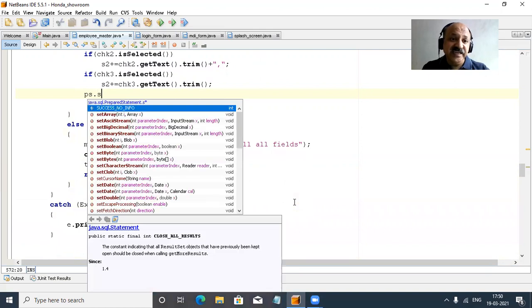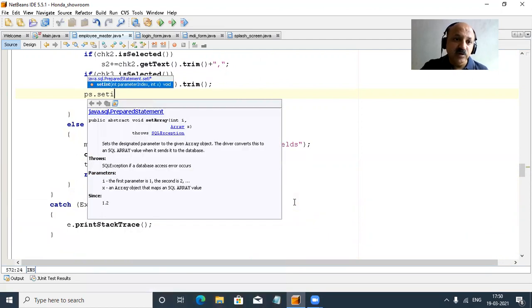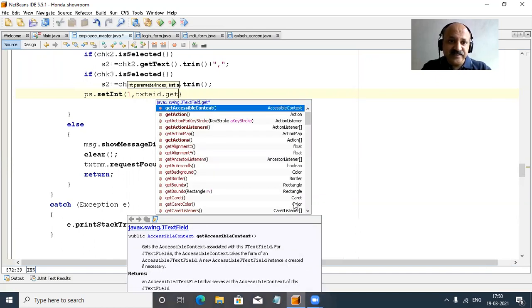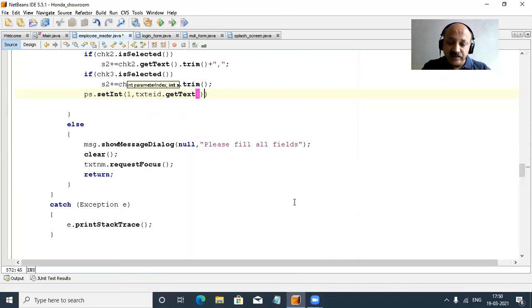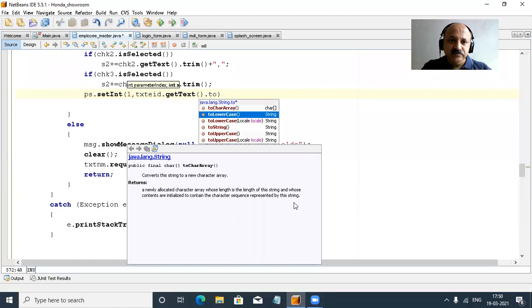And first, set and get, there are two types in the prepared statement. So first we can set int, because that is our employee ID field, and that index starts at one. So first that index and then our value. So that is the text eid, and then getText, yes, and it is toString, yes, getText, and that we can define as toString.